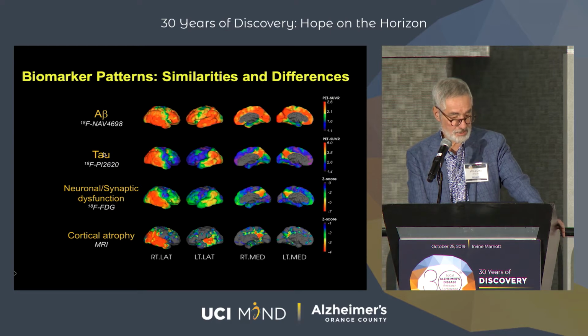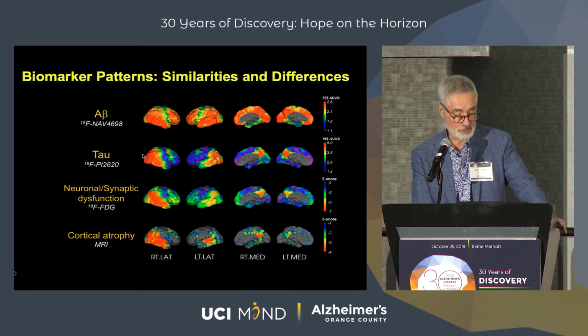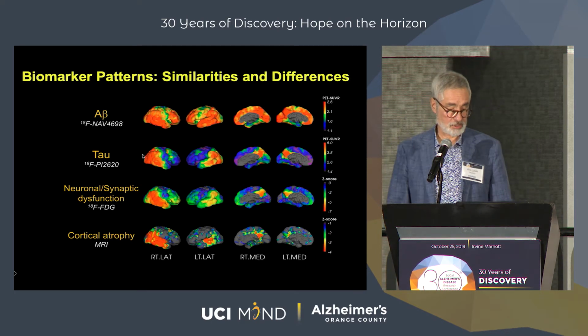This is the tau ligand, and it's certainly more restricted than the amyloid ligand, but there's quite a lot of it in this person's brain, especially compared to some of the slides I showed you previously. This individual has lots of tau in the parietal lobe and the temporal lobe, the medial parietal lobe, and again, this amount of tau is very likely to be associated with cognitive